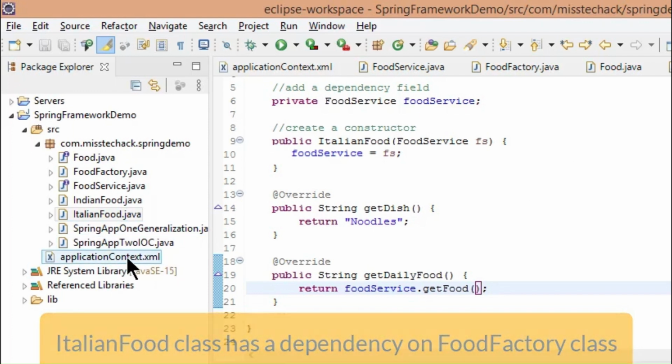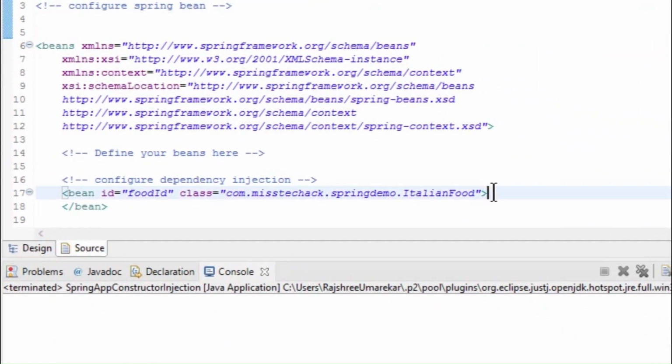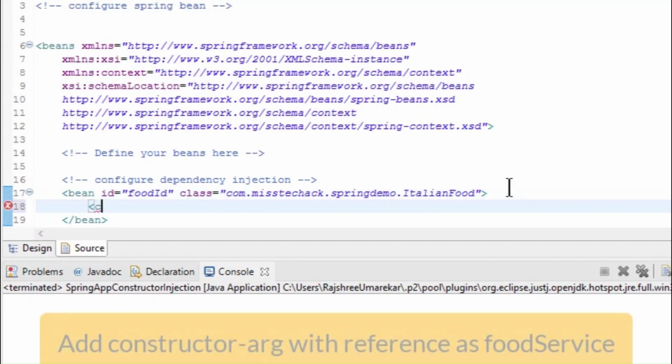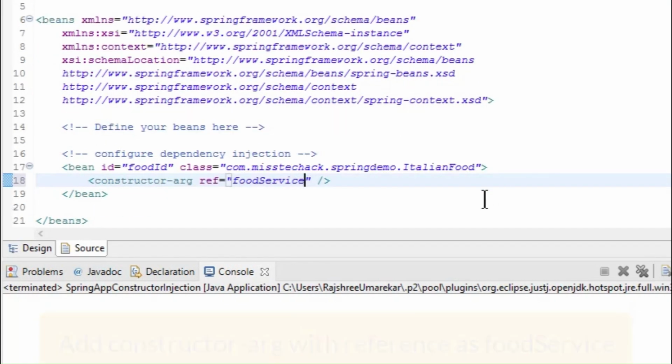So, to make this work, open applicationContext.xml. To add constructor injection, under the bean tag, add a constructor-arg tag with ref as foodService. Now, we need to define the ref bean as well.